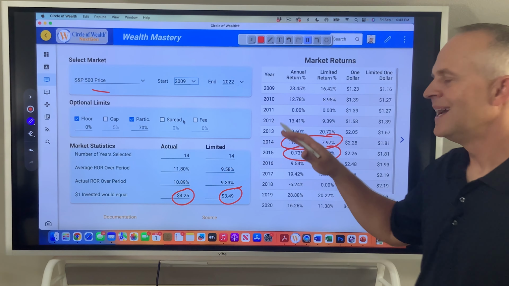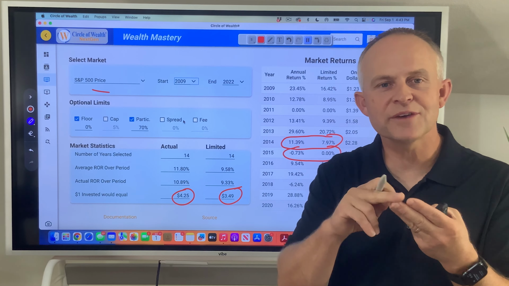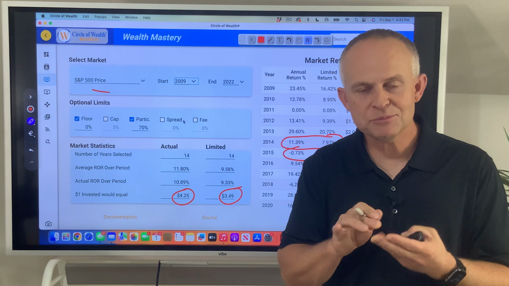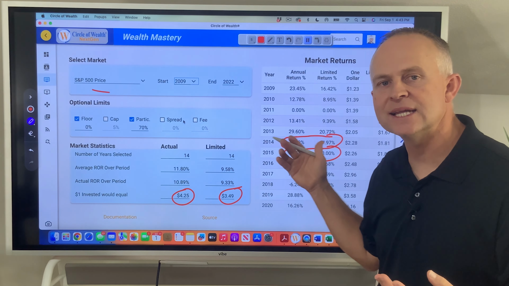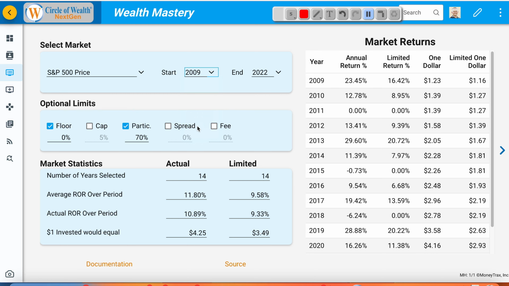All right, so my point in all of this is not to try to tell you which one of those three is better. I'm just trying to show you that it depends on the years and it depends on what you're actually looking at and what your objective is, okay? But there are 3 strategies to grow your money: fixed, variable, and indexed, okay?